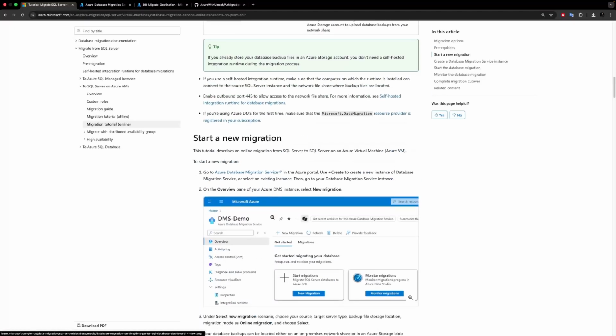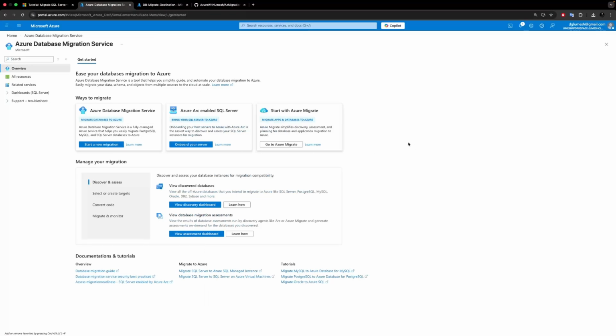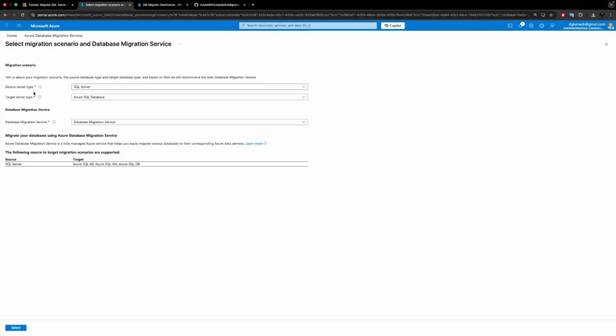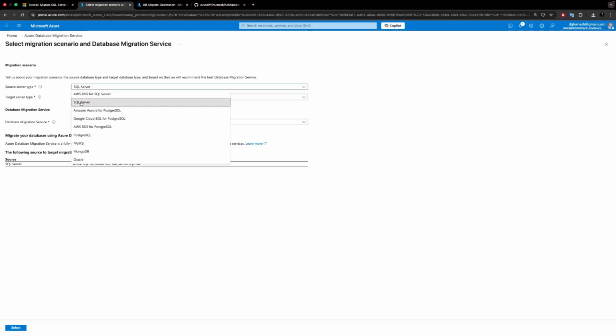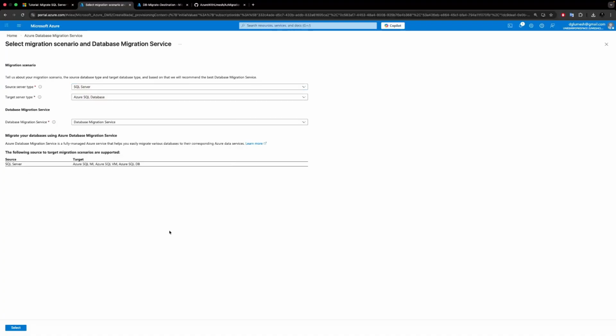Okay, so first of all, we need to create a new migration from Azure Database Migration Service. Just navigate to the Azure Database Migration Service. You can search for it here, then create a new migration. The source server type will be SQL Server. We are going to migrate the SQL Server to Azure SQL Virtual Machine. Just select that one. Then the Database Migration Service should be DMS. It is correct. Now click on select